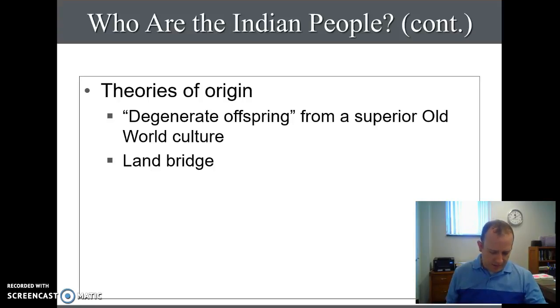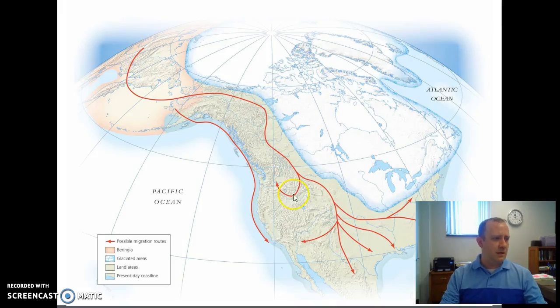Some will say that they crossed the Bering Land Bridge. You can see a picture over here, crossing the Bering Land Bridge, coming across into North America. That's one theory. Some will say that they were offspring from some European culture. I've heard theories that they were one of the lost tribes of Israel. But whatever theories there are,